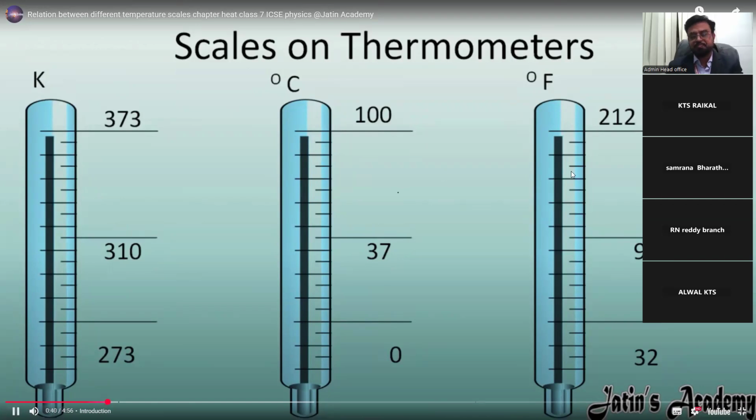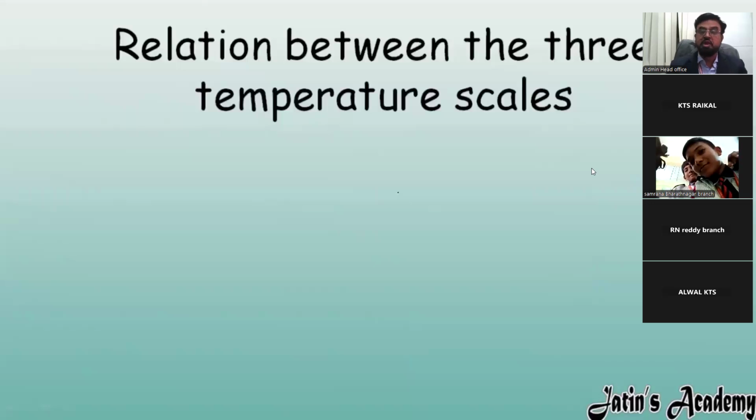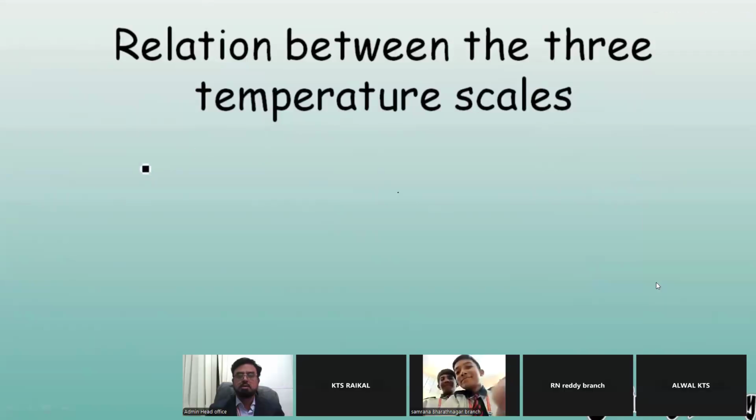And while keeping in mind all the scales of temperature, here we are going to derive the relation between the 3 very important temperature scales. So how we can derive the relation next? See carefully what you have to do. You have to firstly write all the thermometers